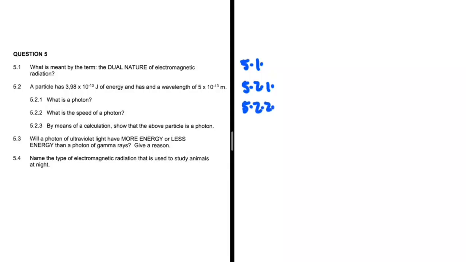5.2.2. What is the speed of a photon? We know that the speed of a photon, the speed of light, c, is equal to 3 times 10 to the power 8 meters per second. Nothing moves at a speed faster than that of light. And then